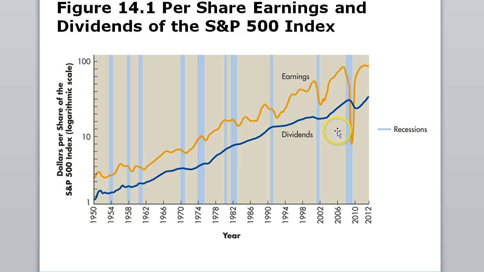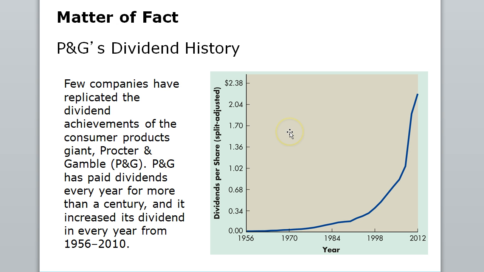Now, when there's a recession, earnings dip. You can see every time there's a recession, the earnings dip into the recession. Earnings start to actually dip just a little bit before the recession, and you can see in the Great Recession they dipped quite a bit and then returned pretty fast. And you can see here again, dividends typically follow earnings, and they also had a dip, but they don't dip as steeply as the earnings do in a recession. But the recession does change the decision making of management as they're trying to conserve cash because they may not know how long or how bad the recession will be.